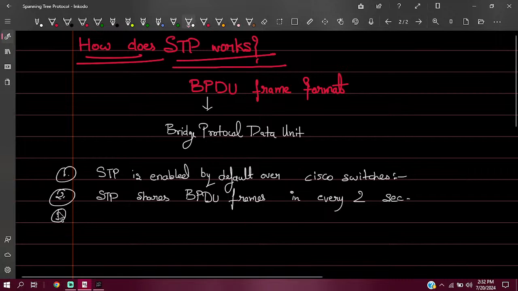Yes, because spanning tree is a separate running protocol, right? ये मल्टीकास्ट होता है इन नेचर एंड जितने भी बीपीडीयू फ्रेम्स या स्पैनिंग ट्री के इंफॉर्मेशंस को एक्सचेंज किया जाता है उनको एक मल्टीकास्ट मैक एड्रेस पे शेयर किया जाता है, and the multicast MAC address that spanning tree uses